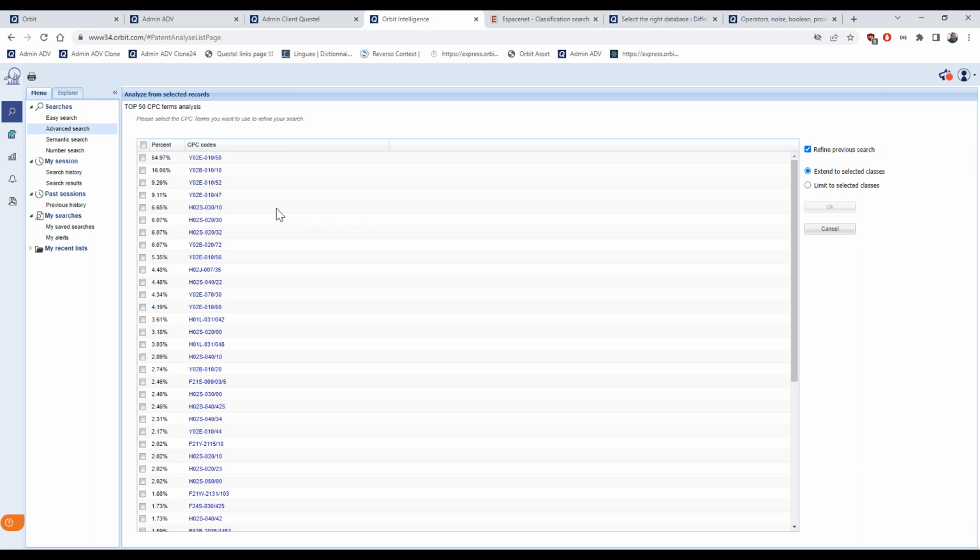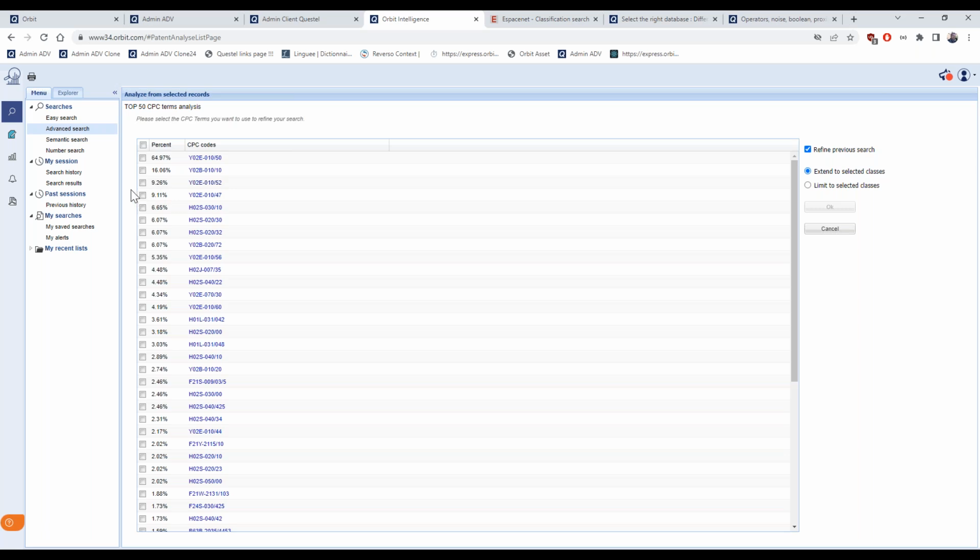Now, probably some of you have already used this function before, and there's, let's say, a slight difference that will be corrected soon, which is refining the results with this top function.